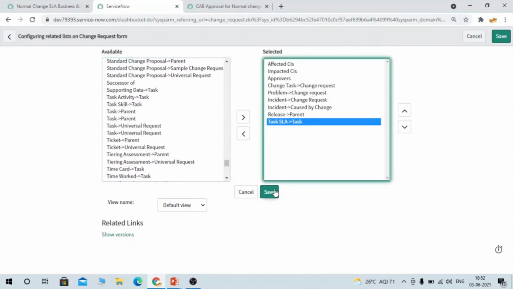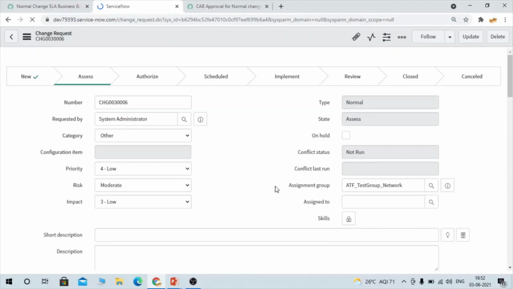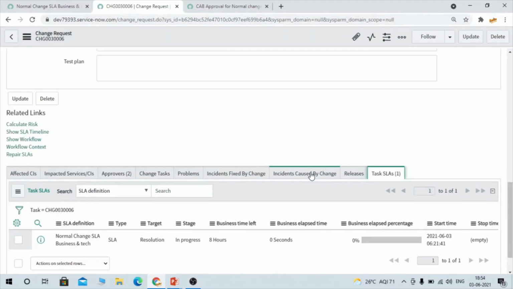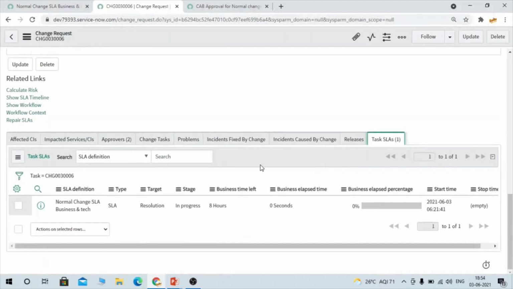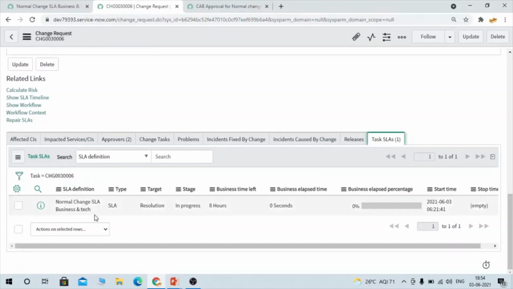So guys, you could see here our normal change SLA business and tech got attached.